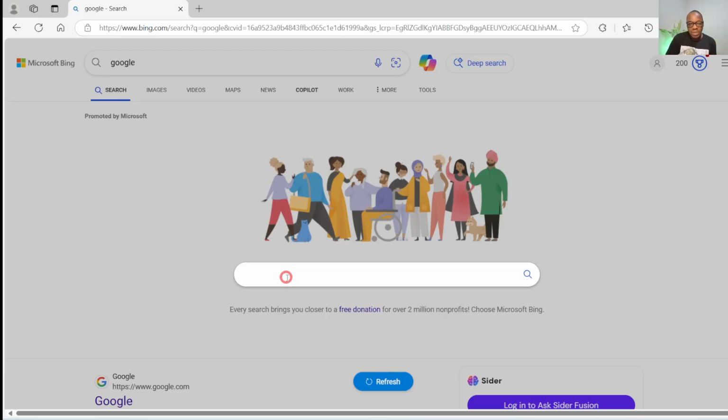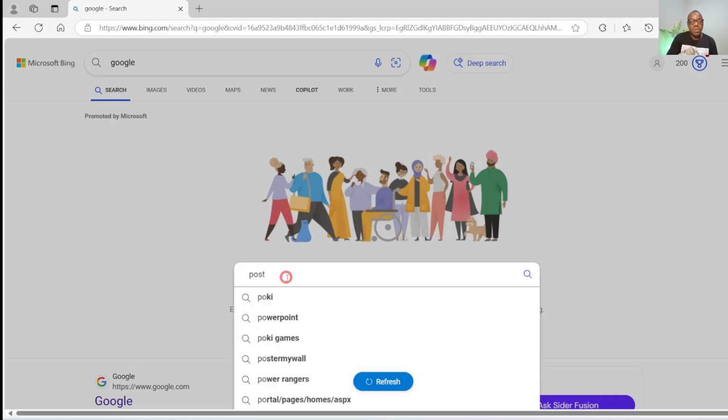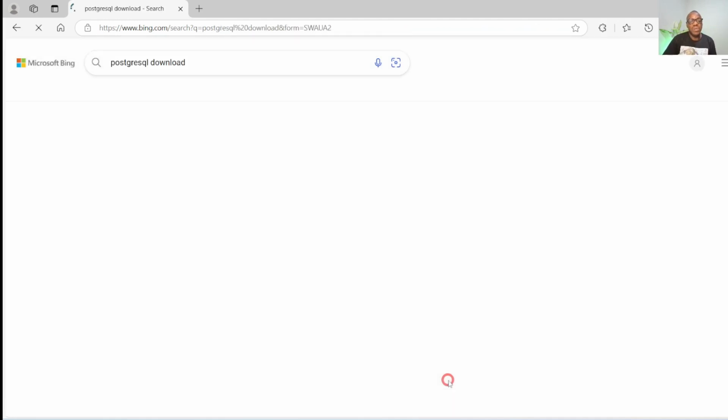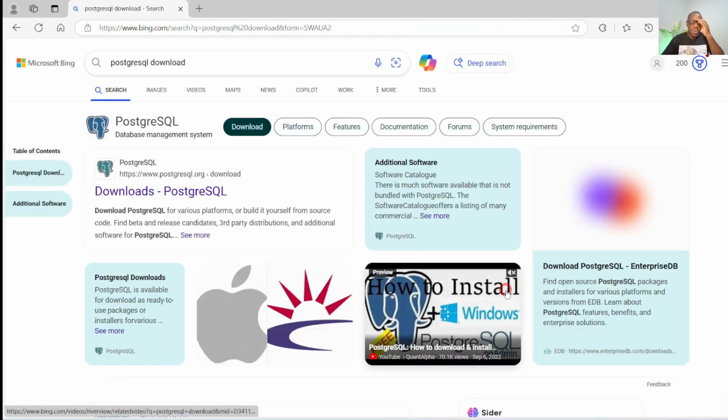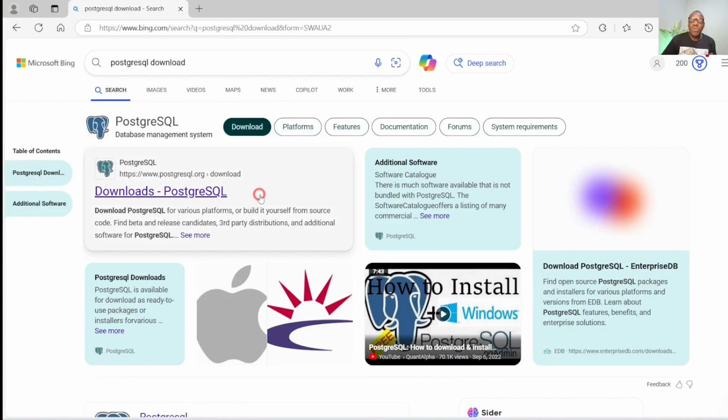Right here, I'm using a browser. You can use just any browser to do that. I'm just going to write PostgreSQL download, hit my enter button, and it's going to check for this. When it gets here, depending on what shows up in your browser,